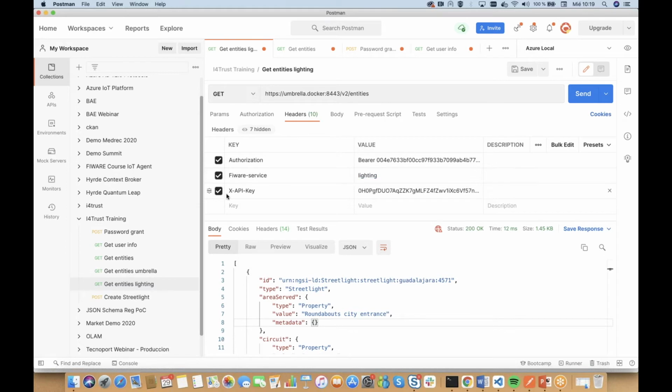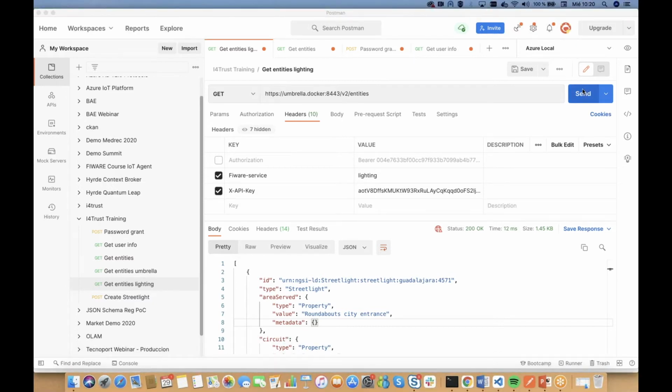This is the URL from Umbrella. This is the path I have configured. This is the FIWARE service tenant I'm trying to access. And when you are using an API key, the header to use is this one. So if I make this request now,